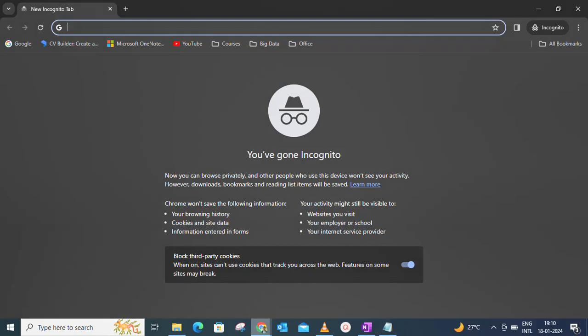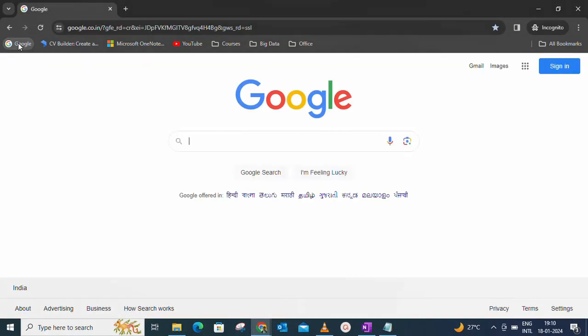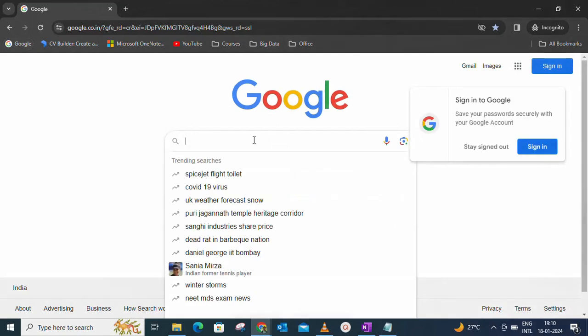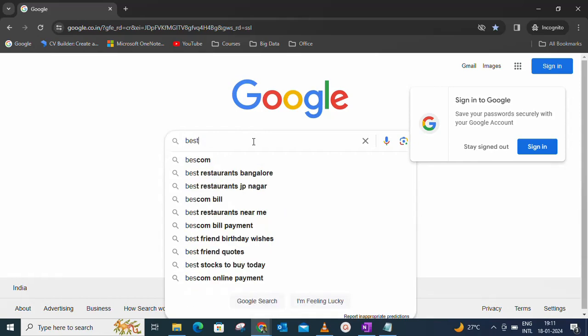Everyone, every day we do Google searches, but we think we are doing it correctly. But I will show you some tricks and tips where you can do the search very easily, and you will get exact results in Google. So, the first trick I'm going to show you is how we normally do the